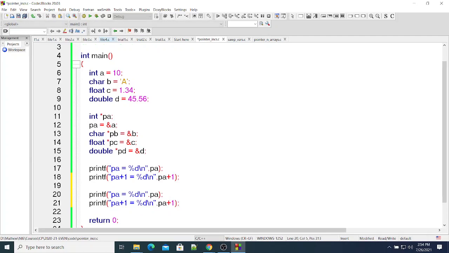So I'll print the value, the address stored in PB, that is a character pointer. PB is a character pointer pointing to a character, and I will print PB plus 1. What do you expect? If PB is ending with say 12, PB plus 1 will be what? Can anyone tell, based on what I explained here? Suppose PB is ending with 12, PB plus 1 will be